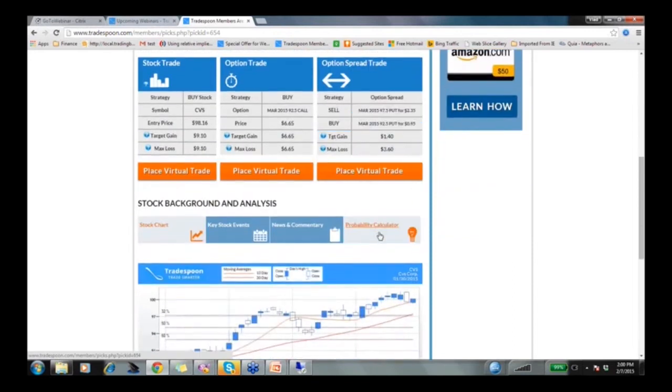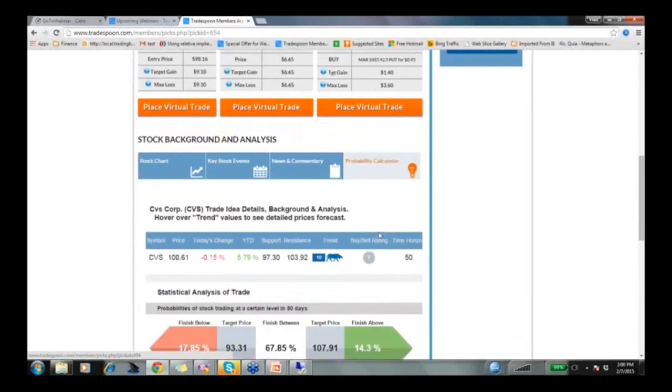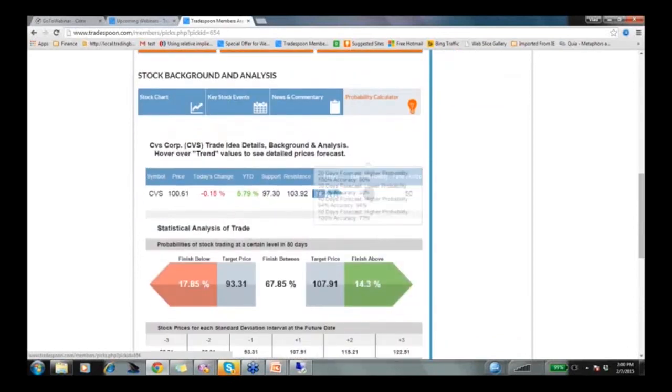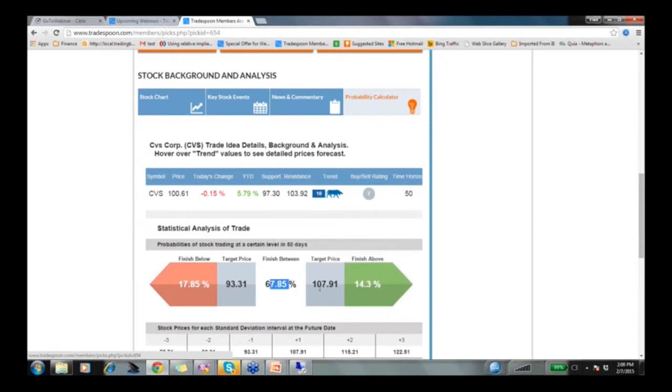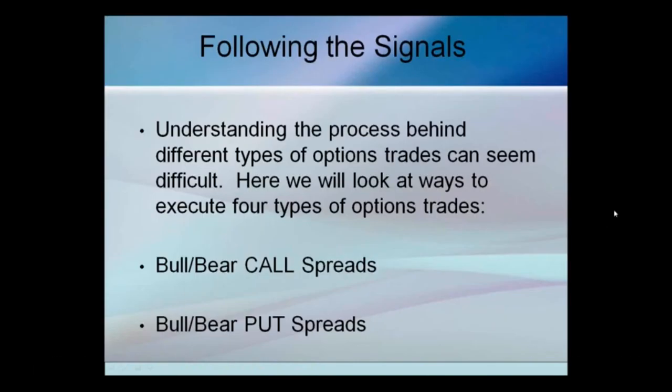So you click on probability calculator, and you can actually see that for CVS, here's our forecast for the next 50 days, whether it's going to be higher or lower, and we actually provide you the probability of the stock being in a certain price range in the next 50 days. So once we do that, what is the